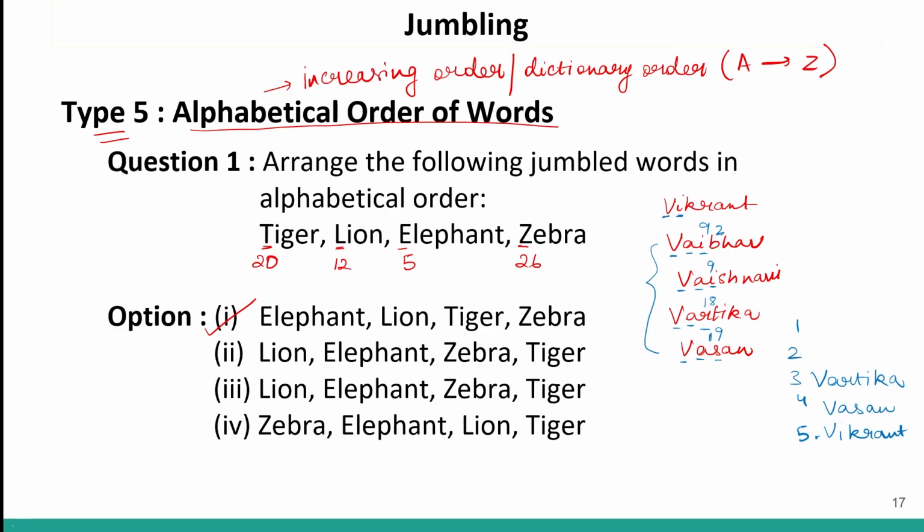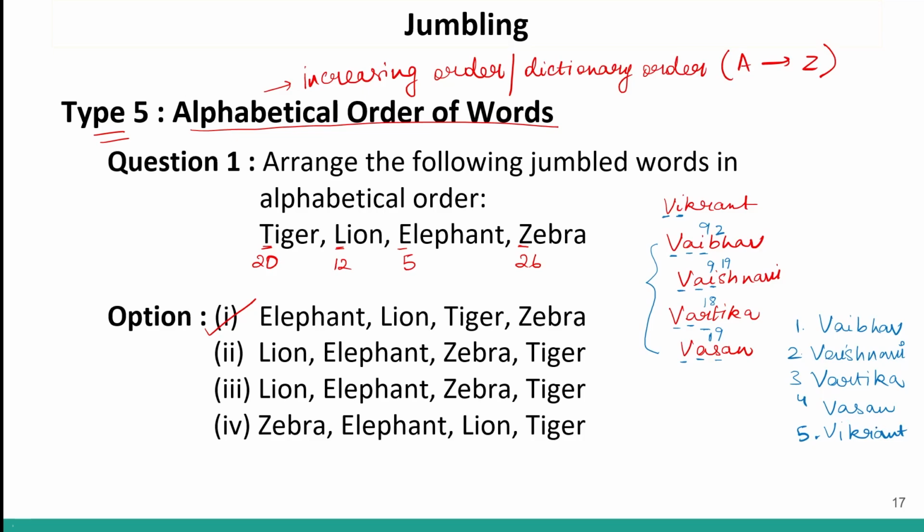B is 2. We'll move one letter forward. B is 2. And S is 19. So 2 comes before 19. So the first name would be Vaibhav and the second name would be Vaishnavi. So if a teacher has to maintain an attendance register for these students, their names will come in dictionary order like this: Vaibhav, Vaishnavi, Vartika, Vasan, and then Vikrant.